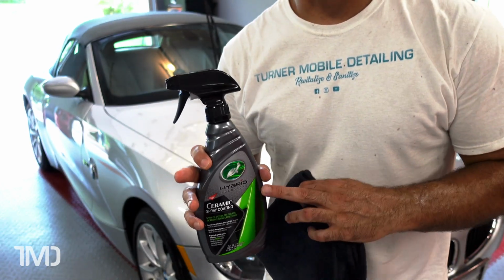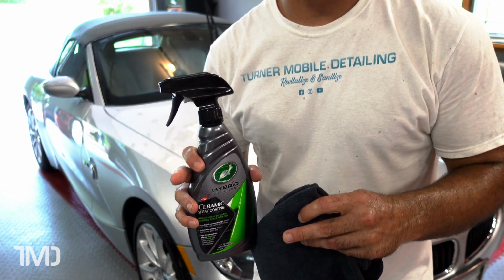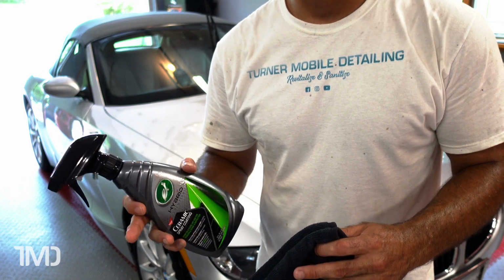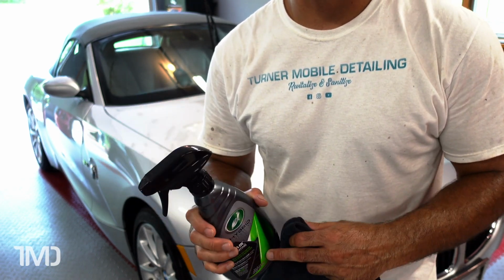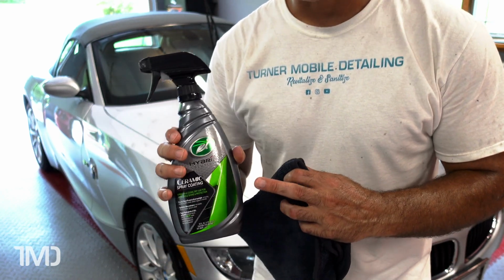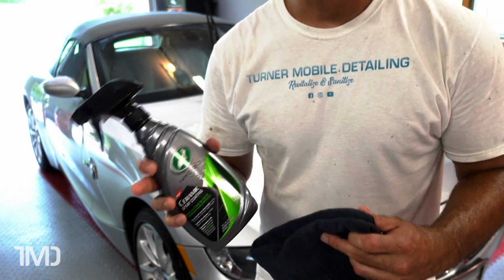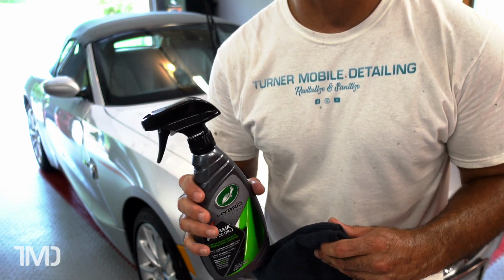The one thing I don't like about this product is that in order to recoat a second or a third coat even, you've got to wait 24 hours between coats. To me, that's a little excessive. Other products like the Last Coat or even CarPro Reload, you really only have to wait 10 to 15 minutes between coats. Now maybe that speaks somewhat to the amount of SiO2 that's in this product. Maybe it's a heavier concentration and that's why Turtle Wax wants you to let it cure for 24 hours